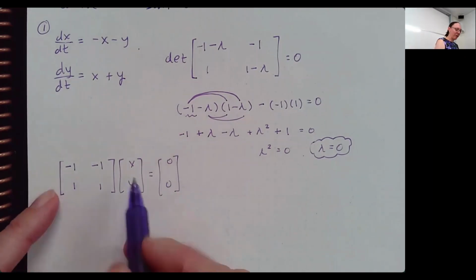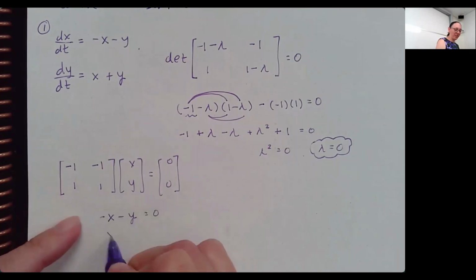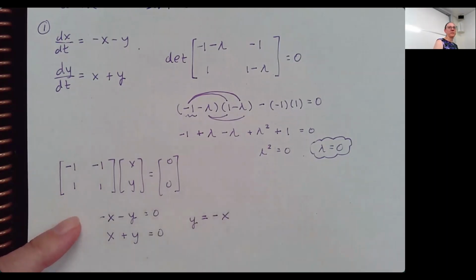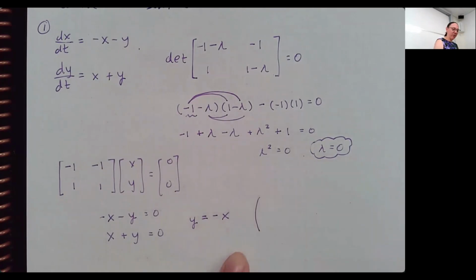If I look at the top equation, that's saying -x minus y is equal to 0. The bottom equation is just saying x plus y is equal to 0. Both of these are telling me that y is equal to -x. So I can choose an eigenvector like 1, -1. And if I went to write my solutions,